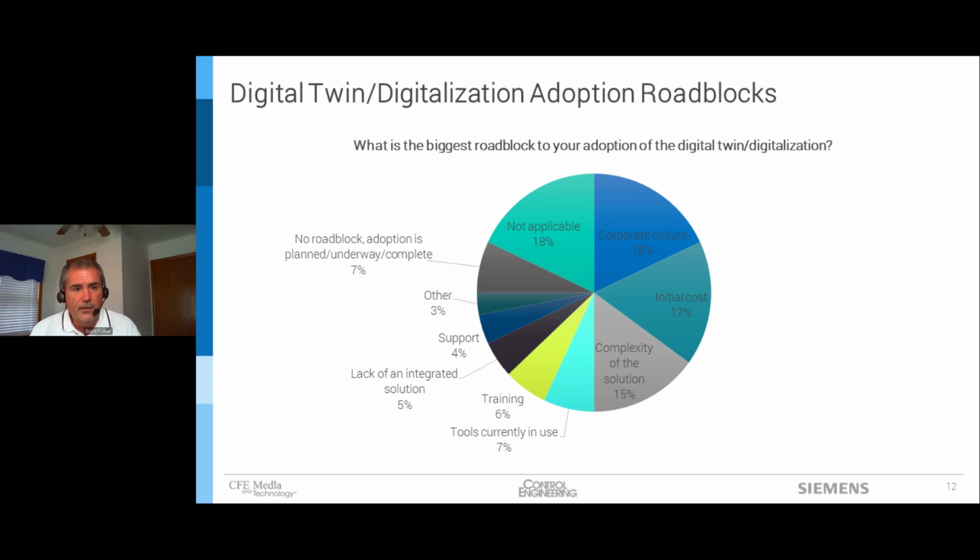I started out talking a little bit about some of the digital twin. And throughout the presentation, just remember, these are what you told us are the biggest roadblocks to your adoption of the digital twin. And the one thing I want to notice here is where it says no roadblock or not applicable, that's only about a quarter of the people who said they're either underway and not having a problem, or it's not applicable. Not applicable if you answered it because you don't think it applies to you, I don't think that's the correct answer. Maybe it's not applicable because it's complete and you just reread the question.